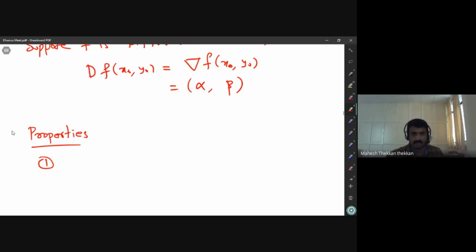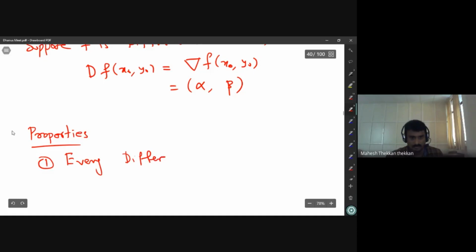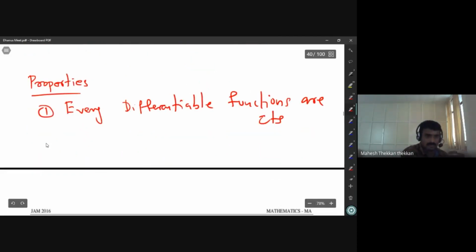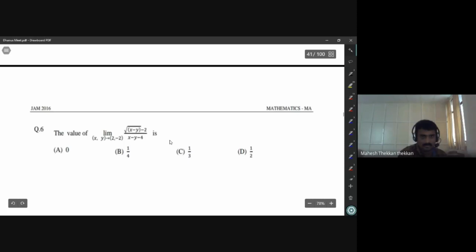So the first one is, every differentiable function has to be continuous. All differentiable functions are continuous. And the second one,